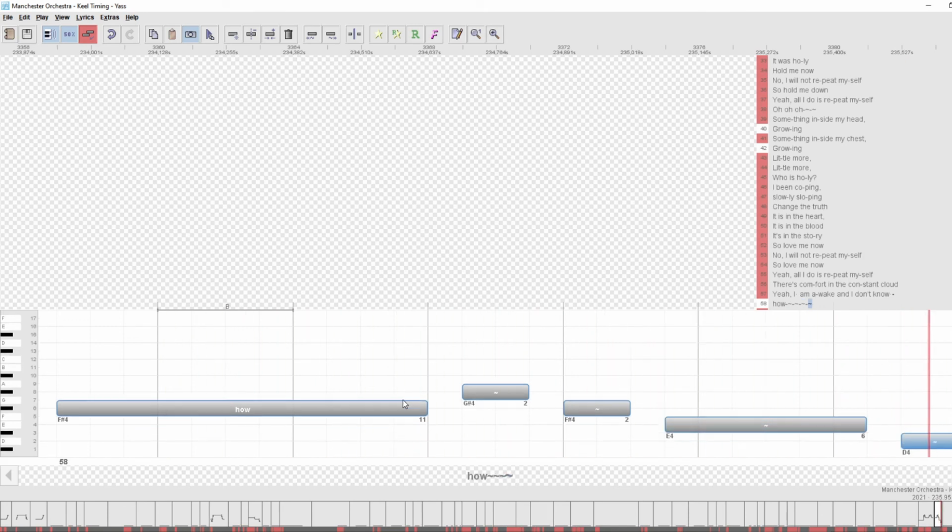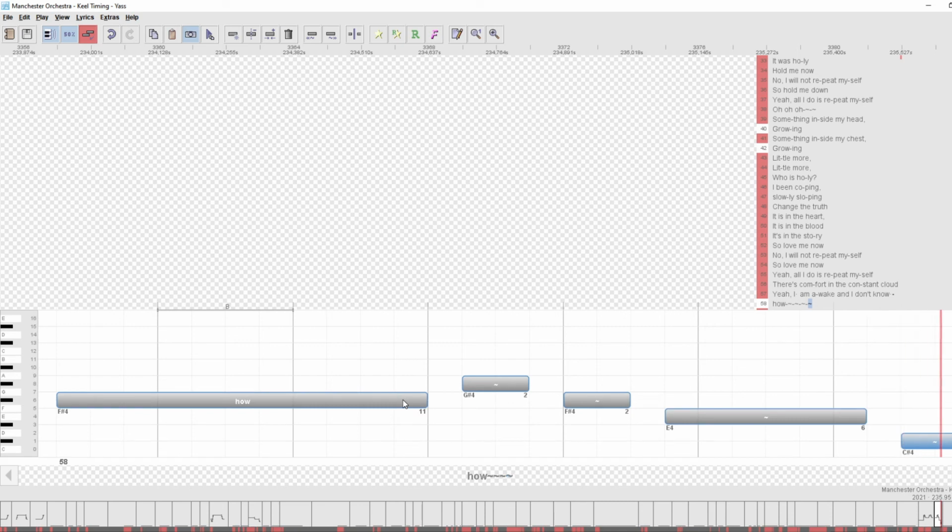No, that's not it. Let's try it with it. No. C sharp. Sounds like C sharp. So I'm going to keep it like this, and then